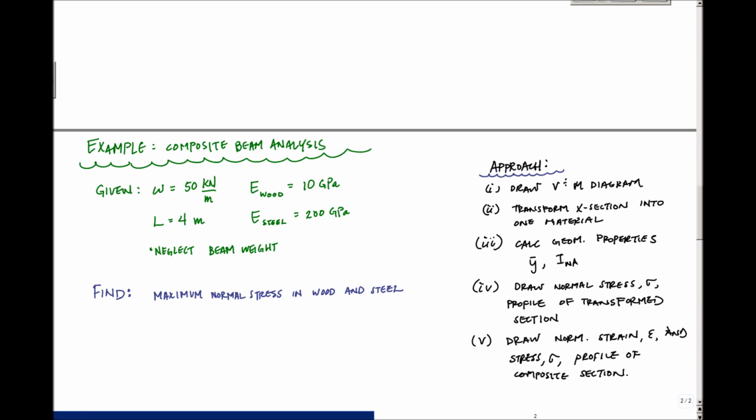And the strain profile is really important. It may not be emphasized enough in composite section analysis, but the strain profile is really important. It's the one thing that doesn't change in the transformed section analysis. The areas change, the stresses change in the transformed area analysis, but the strain profile is the one constant, and it's the one thing you can always hang your hat on, if you will. All right, so here is